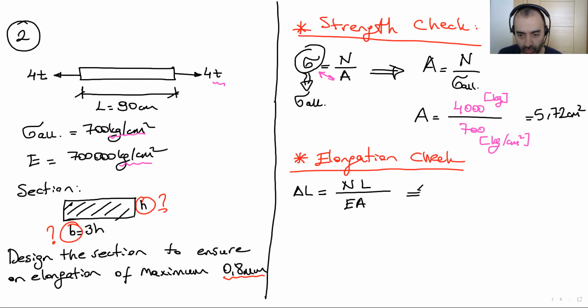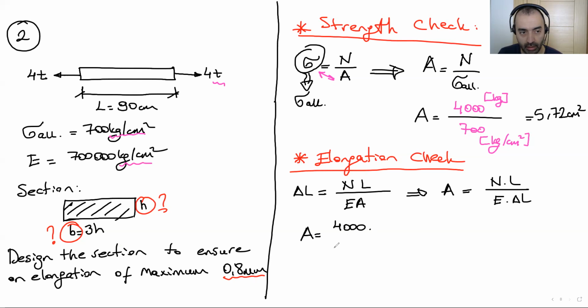So if we change the delta L and A's positions, A is gonna be N L over E delta L. Okay, delta L. Now A equals here, N is, you know, 400, 4,000, sorry. 4,000